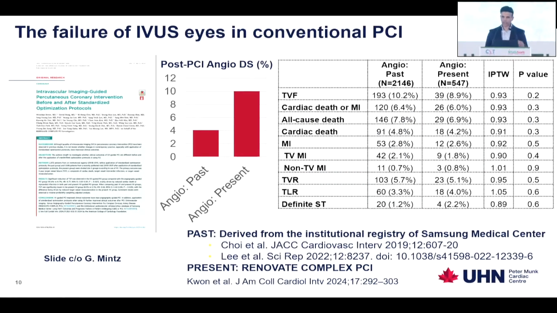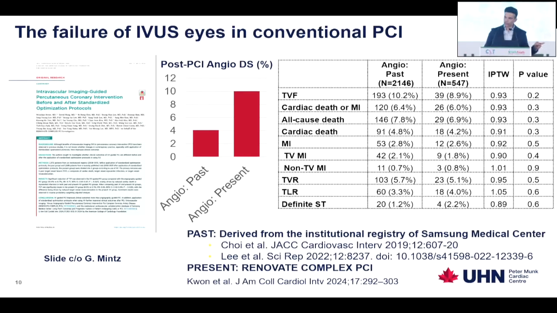Well, this is a great slide from Gary Mintz that I refer back to every time I can. And this proves that, just because we've become more facile with intravascular imaging and that we're better at actually reading the images and predicting size, that doesn't mean that we're any better at using angiography-only PCI. When you compare people who've had angiography PCI in yesteryear versus those who've had them more recently, we actually find that the post-PCI diameter stenosis and the ultimate outcomes are still just as bad